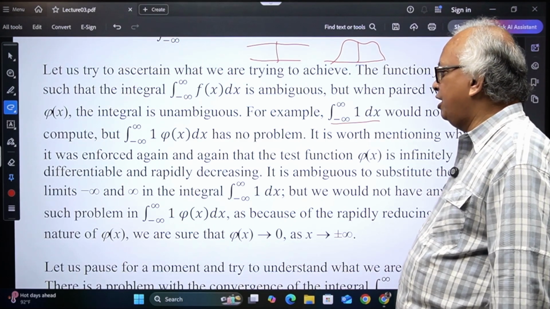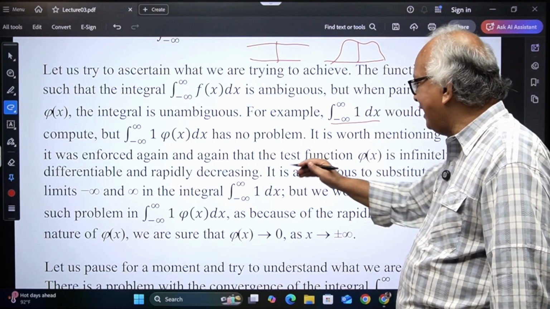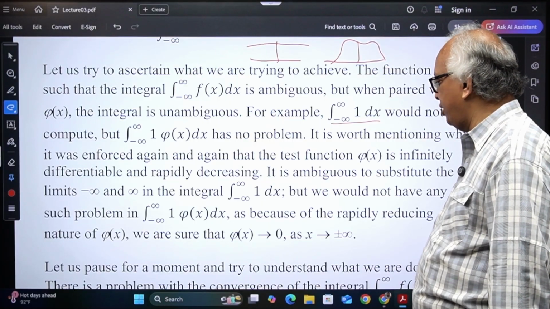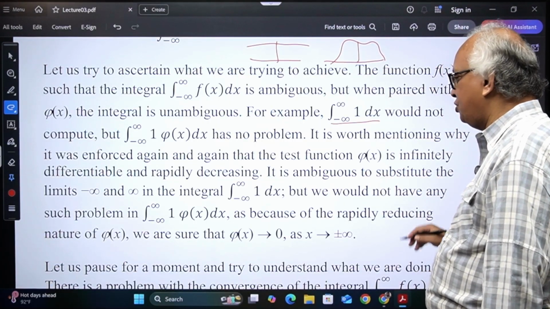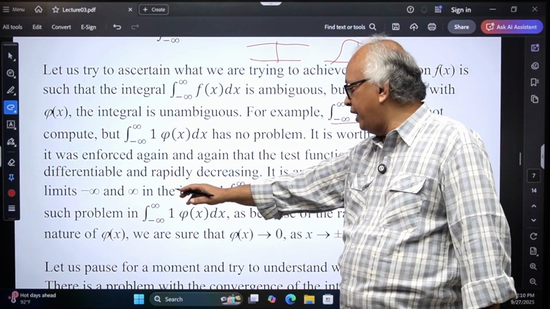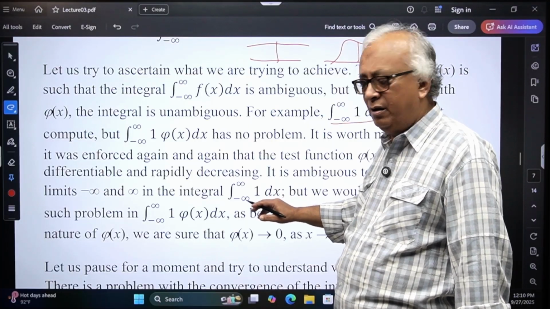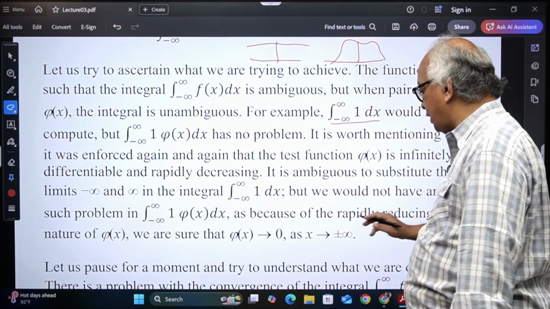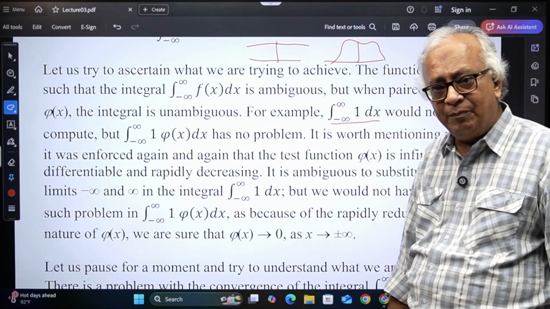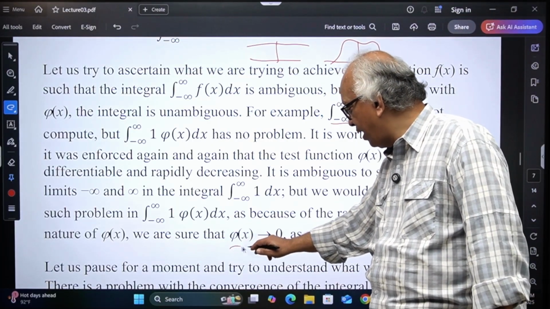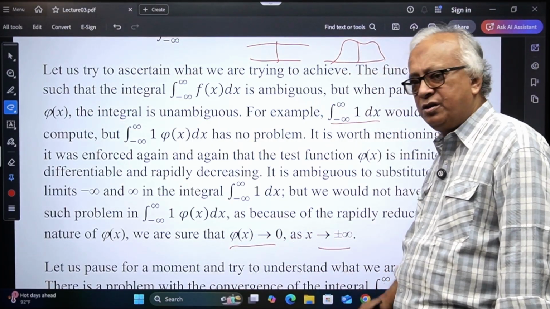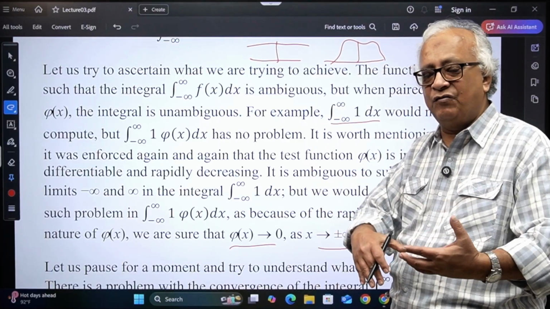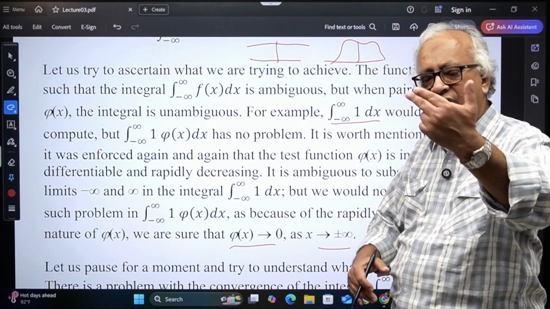It is worth mentioning why it was forced again and again that the test functions are infinitely differentiable and rapidly reducing. It is ambiguous to substitute the limits of integration negative infinity to infinity in 1 dx. It will not make any sense, কিন্তু যখন phi দিয়ে মাল্টিপ্লাই করে আমি করব, it will make sense because phi(x) will approach 0 as x approaches negative infinity and infinity. Therefore, this gives us the strength to define